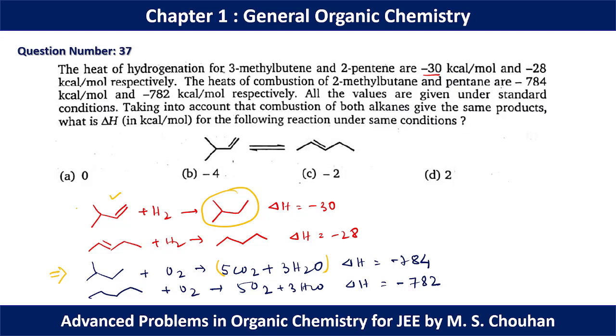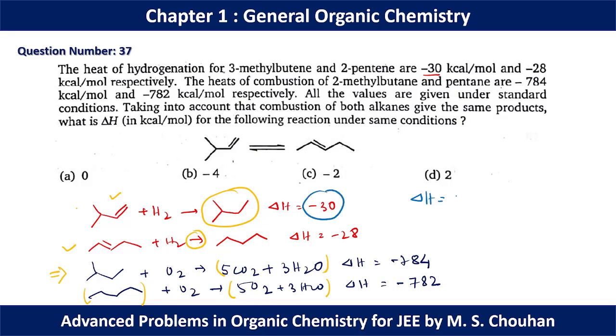Okay, now we can have a common situation like this, and if we invert the reaction, we can start with this one, and after this the final situation. If we invert this reaction, we can have the final molecule which is given in the question. So the net delta H, we can write it like this.